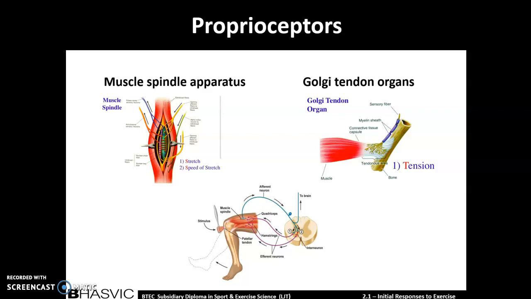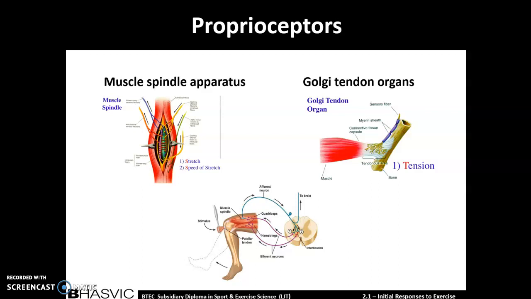and sends an impulse down an afferent neuron, which goes to the spinal cord, part of the central nervous system, and that rapidly, as it's a rapid response, as the body sees this as a danger, as it wants to try to protect the muscles, it will travel down the reflex arc, down efferent neurons, causing the quadriceps to contract, and